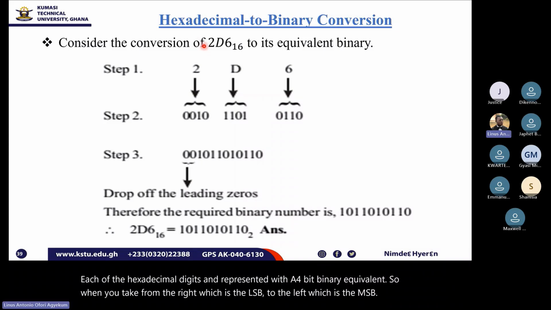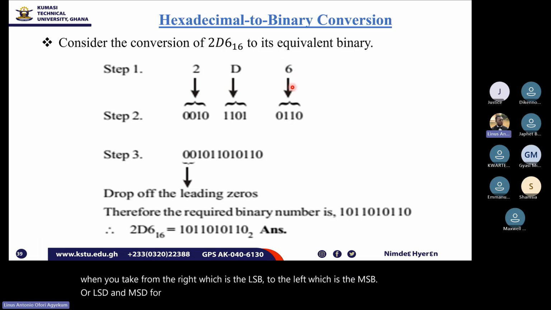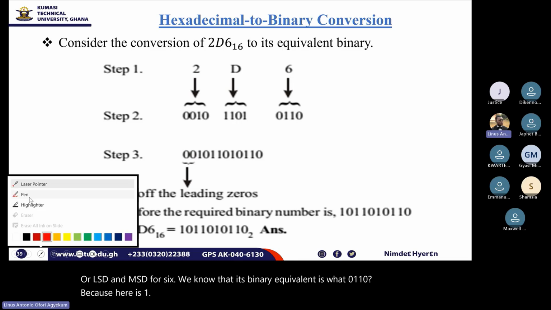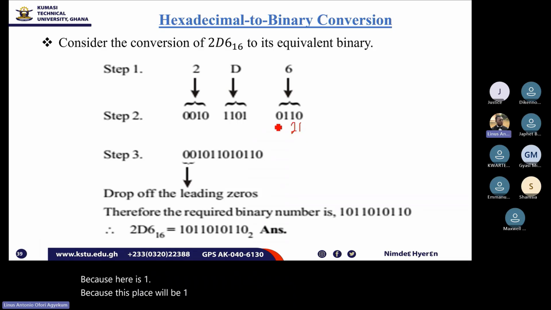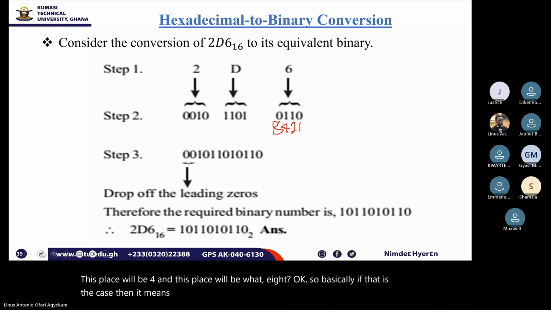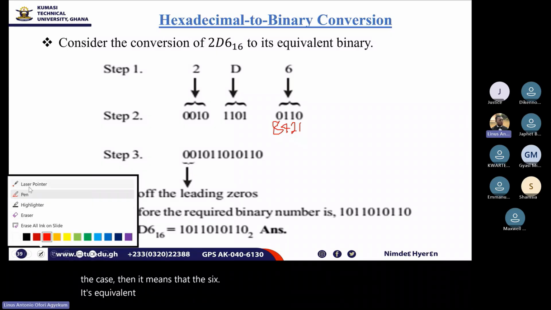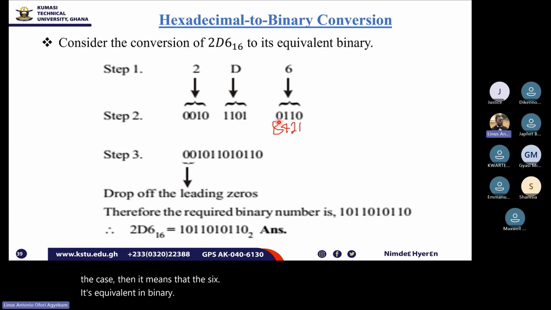or LSD and MSD. For 6, we know that its binary equivalent is 0110, because this place will be 1, this place will be 2, this place will be 4, and this place will be 8. So the 6, its equivalent in binary, is 0110. Similarly for D, what is the value for D